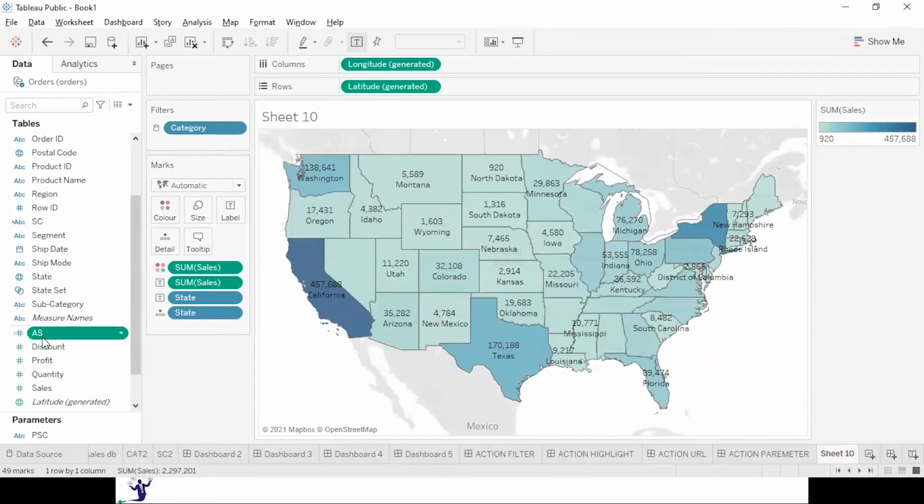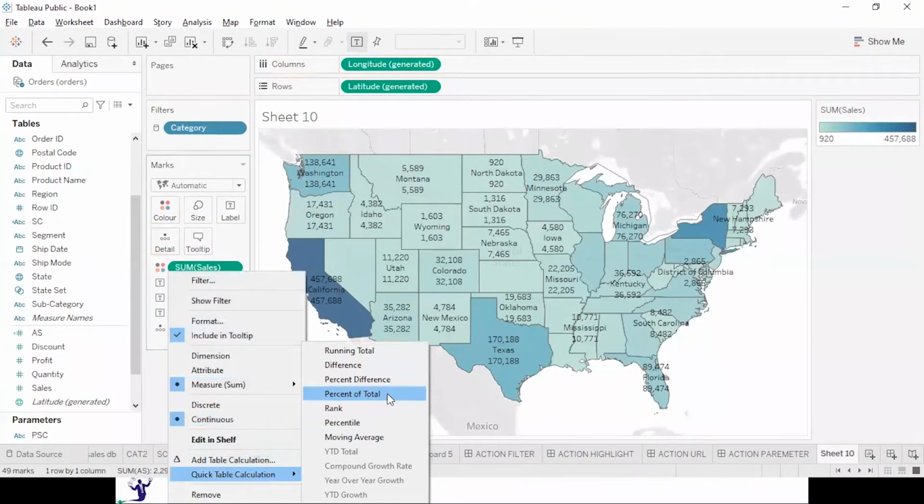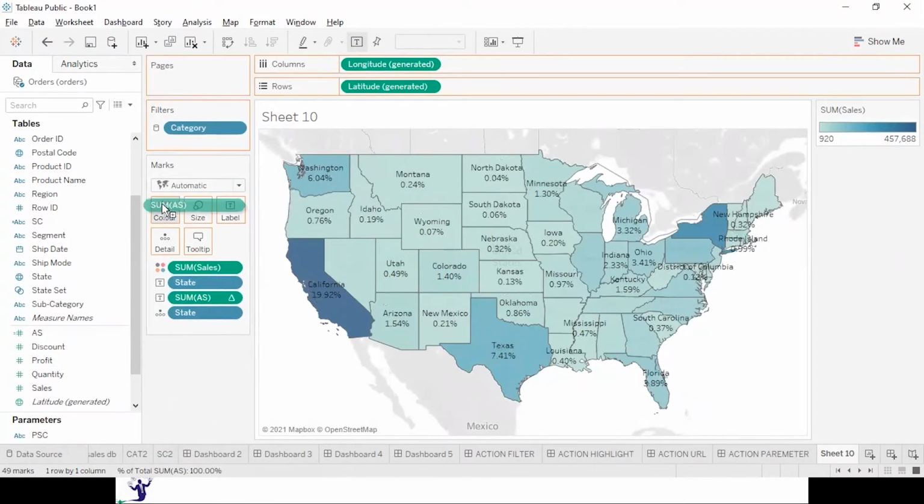Now I will put this area sales into the label. Let me display it as a quick table calculation, percentage of total. Let me remove the sales from here, and I would also like to put area sales into the label.